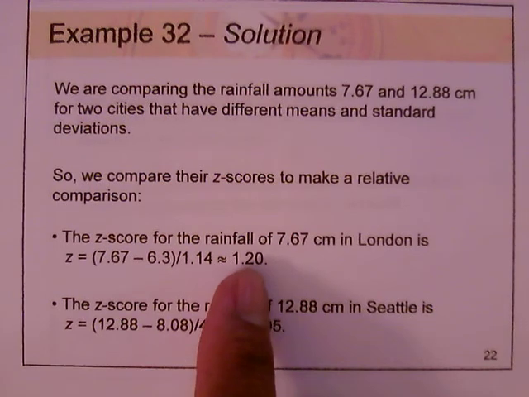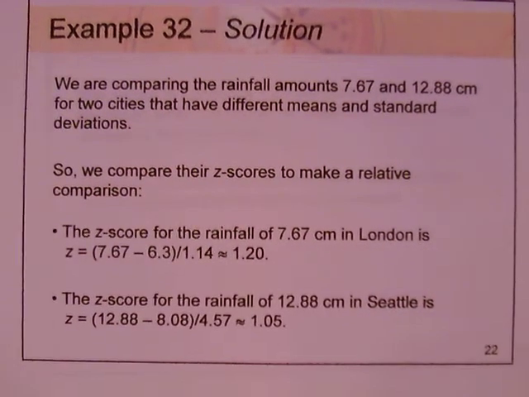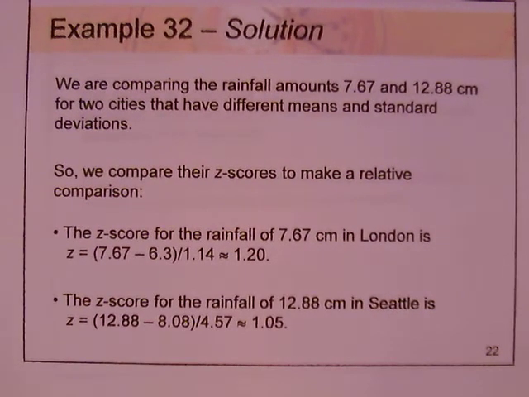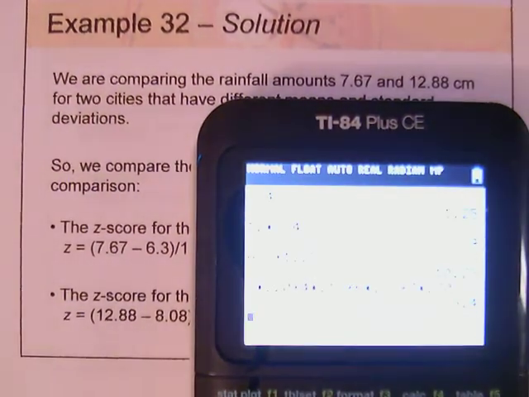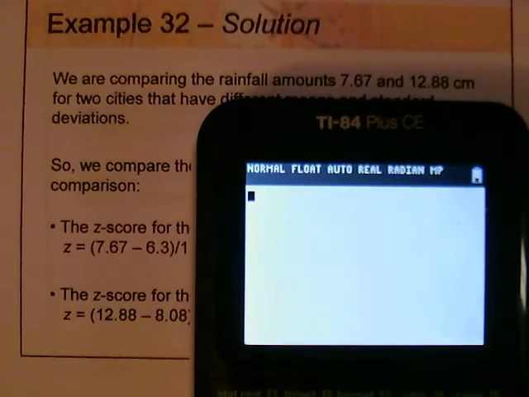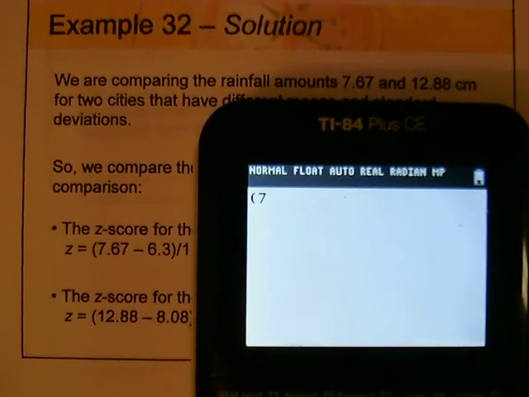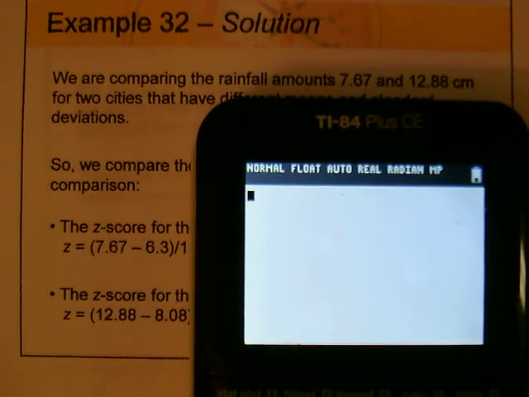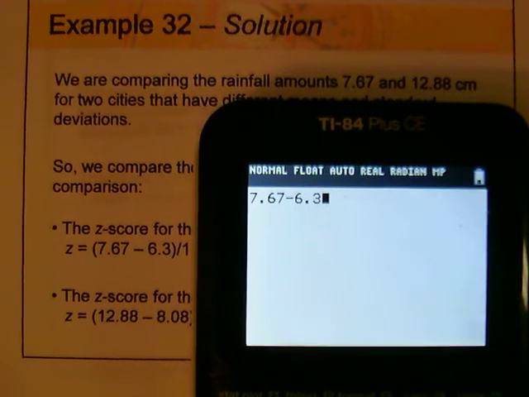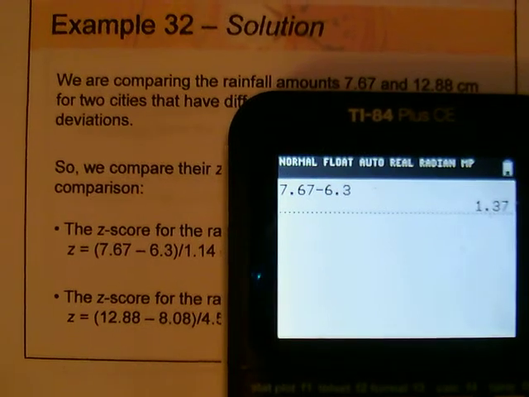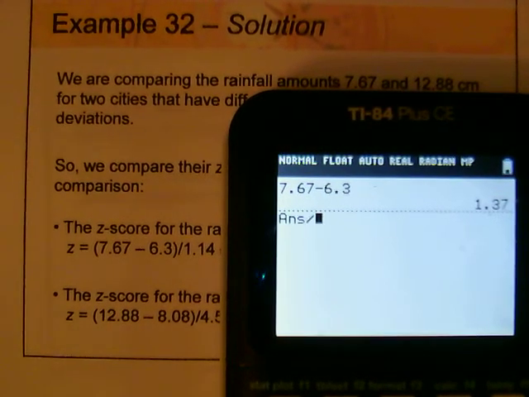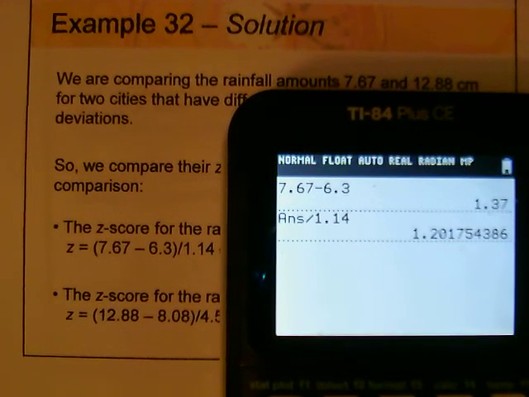So if you want to, you can put this in the calculator as you see it up here. 7.67 minus 6.3 will give you 1.37, and then divide that by your standard deviation of 1.14. Now you have to round that off to 2 decimal places, so that would be approximately 1.20